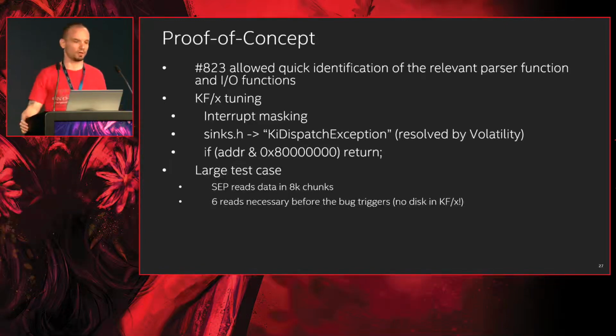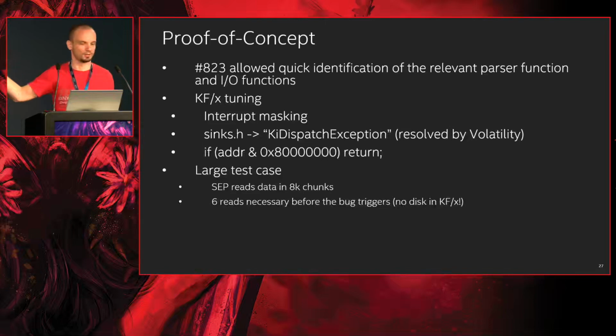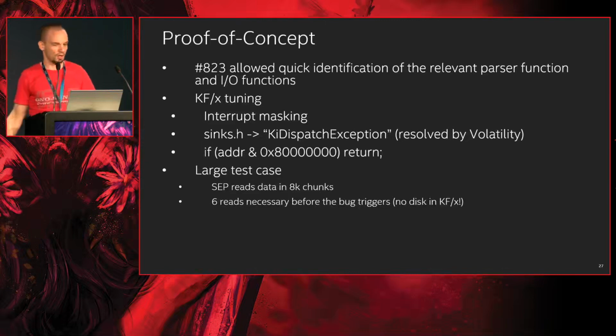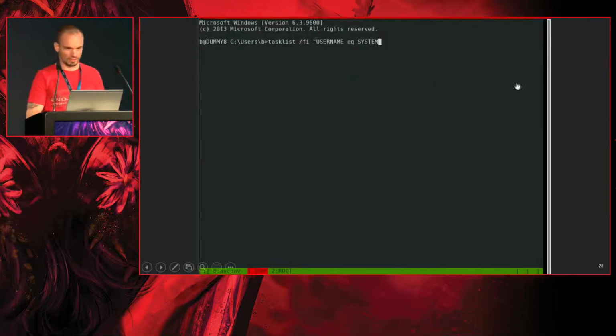There is an H5 where you can set where you think the crash conditions are, and in Windows, the most obvious target for this is the kernel level exception dispatcher, which can be looked up by Volatility, and you just place a breakpoint there, and if it ever hits, then you get a notification on your fuzzer. I also mask out any kernel addresses to not be reported to AFL. This helps with stability. One drawback with this particular sample is that it was a quite large test case, but as we will see in the next demo, it